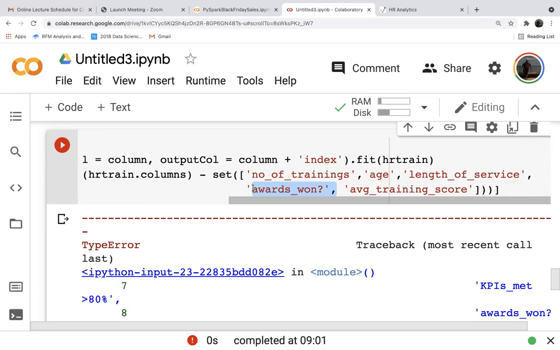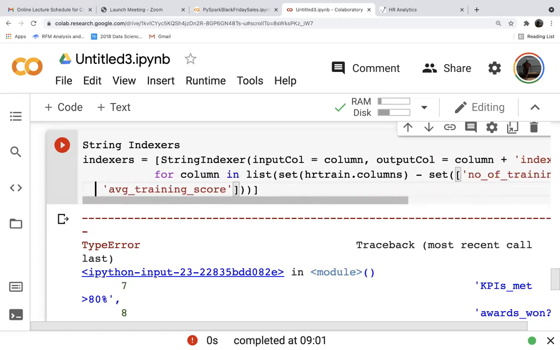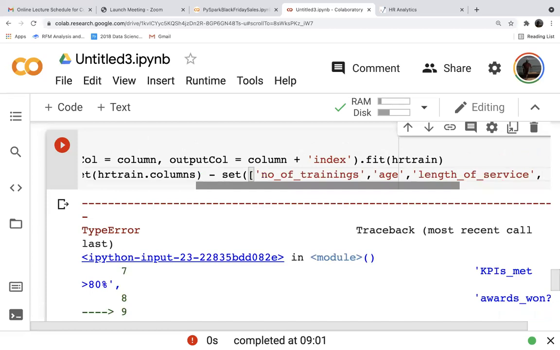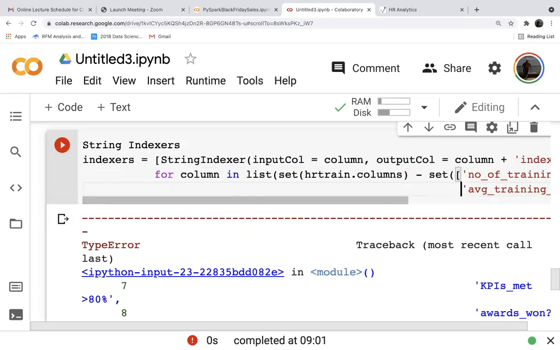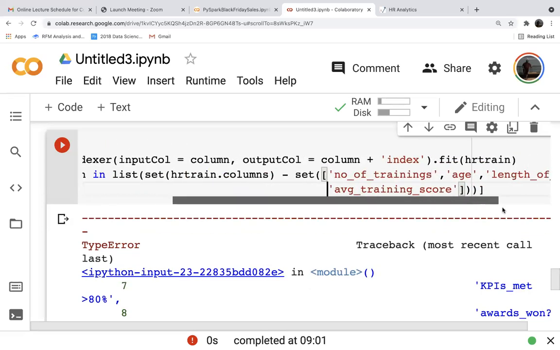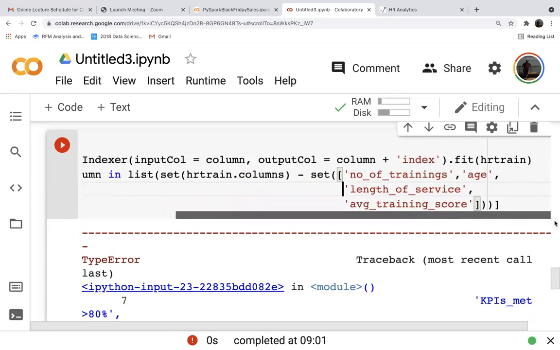So there are only 4 columns: number of trainings, age, length of service, and average training score.